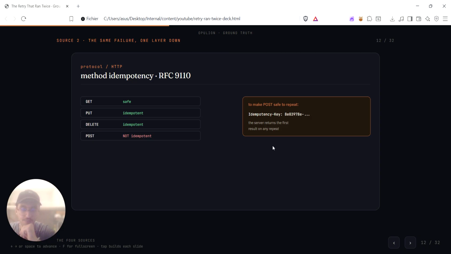Think of it like a coat check. You hand over your coat, and what you get instead is a ticket, let's say ticket 47. If you walk back and hand them the ticket with number 47 again, they would give you nothing, because